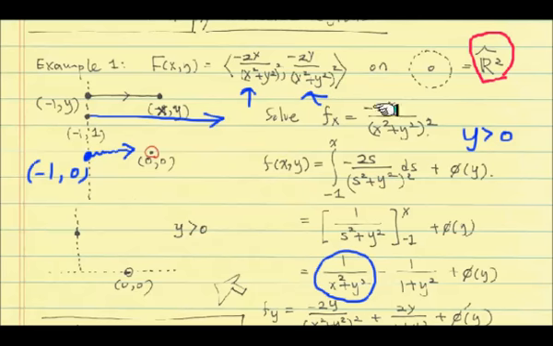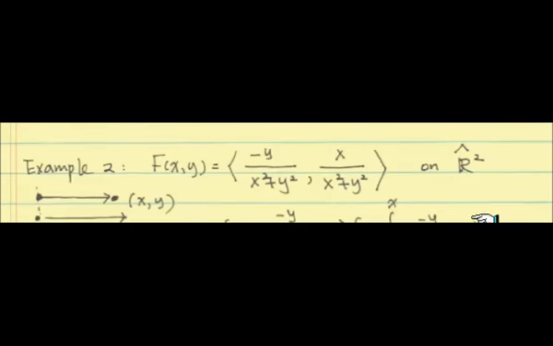Next example is going to be a vector field on a not simply connected region, and it is really not conservative. So this is the example that this vector field is not conservative, so there will not be a scalar function, and that's the sensitive part that you have to understand, on this entire R2. We won't be able to find this scalar function on this R2 such that its gradient vector field is this one.